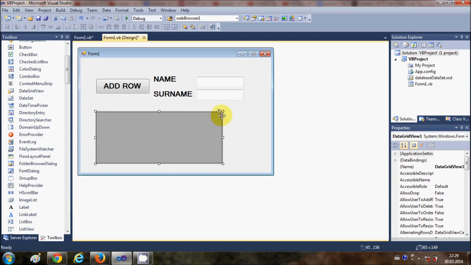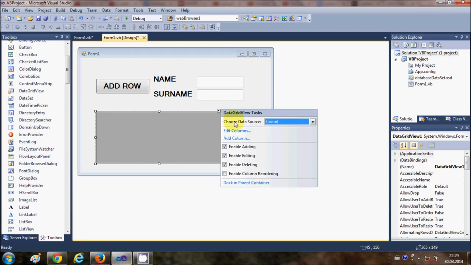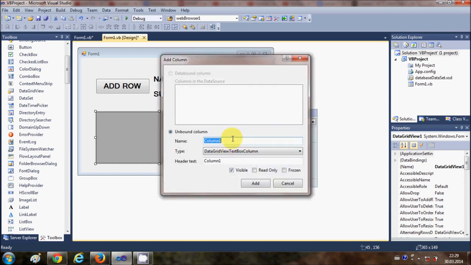Now just select your data grid view and just click this small triangle button here, you can see here, and I'm going to edit columns, or I'm going to add columns first of all. So I'm going to add column, and first column name I will choose as default, which is column 1, but I'm going to change the header text of this, which will be name,